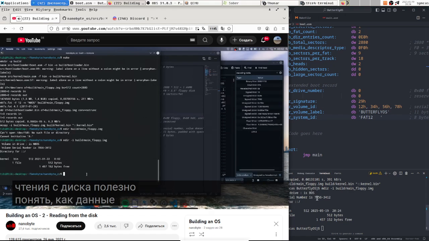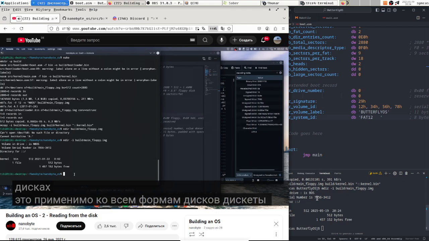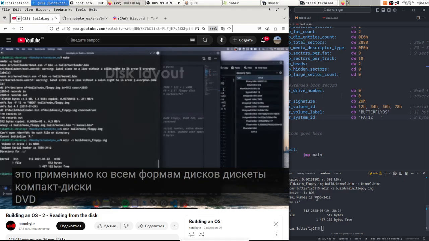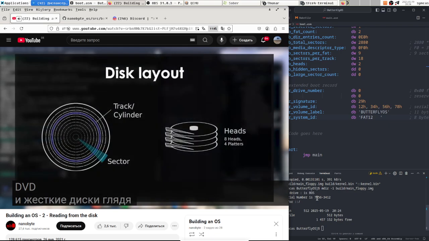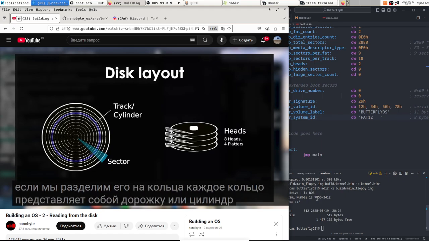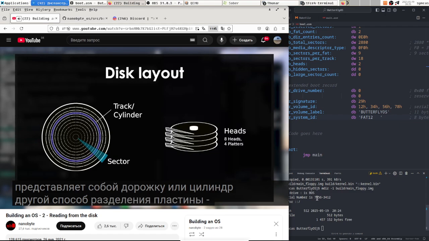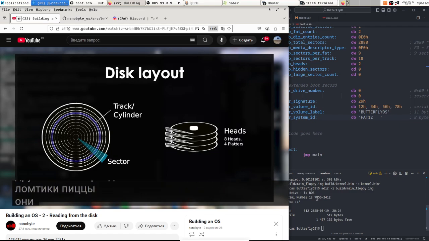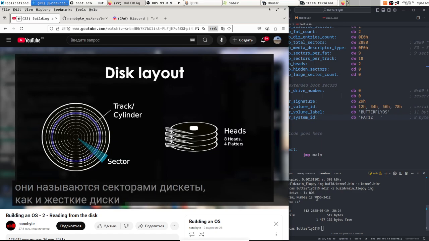Understand how data is laid out on these disks. This applies to all format disks: floppies, CDs, DVDs, and hard drives. Looking at the round disk, if we divide it into rings, each ring represents a track or a cylinder. Another way of dividing the platter is into pizza slices. These are called sectors. Floppy disks, as well as hard disks, can store data on both sides of the platter,